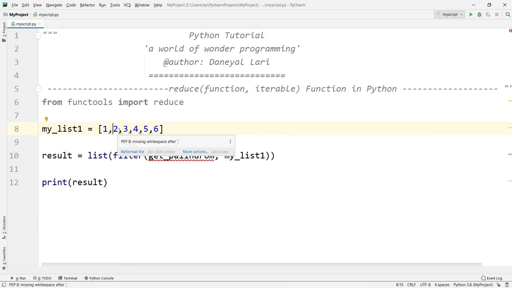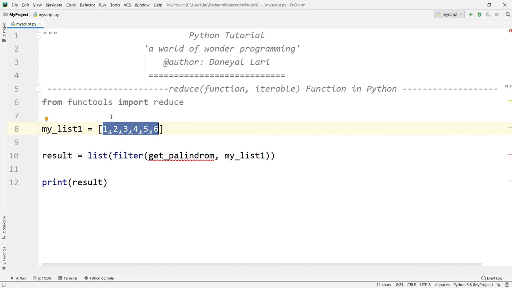If I use the traditional way, what will I do? First of all, I'll take two values from the list, add them and store the result somewhere. Then I will add the next value into the previous result, and after that I will add the next element into the previous result, and I will do the same for the rest of the elements until the list is exhausted. So reduce will return only one result; it will not return a list of the elements.